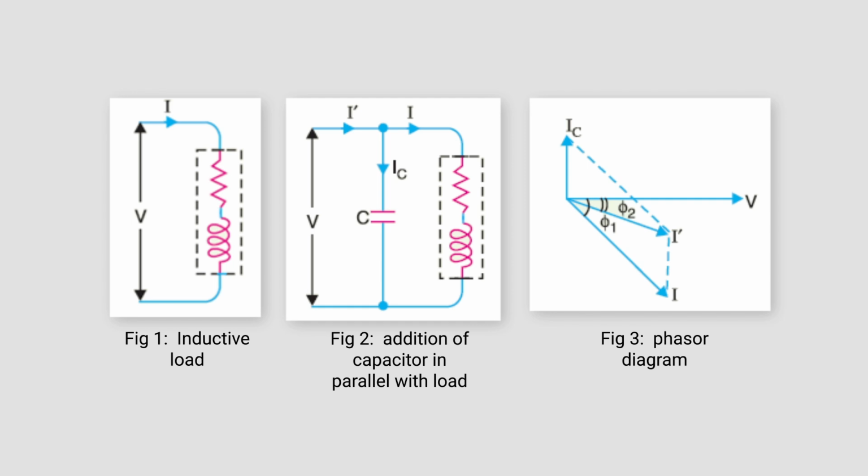So what will be the effective current due to this capacitive current IC and total current I? It will be the phasor sum. Here you can see this is I dash, the net current. Notice that the phase angle between this current I dash and voltage V is reduced. If this phase angle is reduced, the value of cos phi is increased, where cos phi is the power factor. So this is how you can improve the power factor just by inserting the capacitor in parallel to